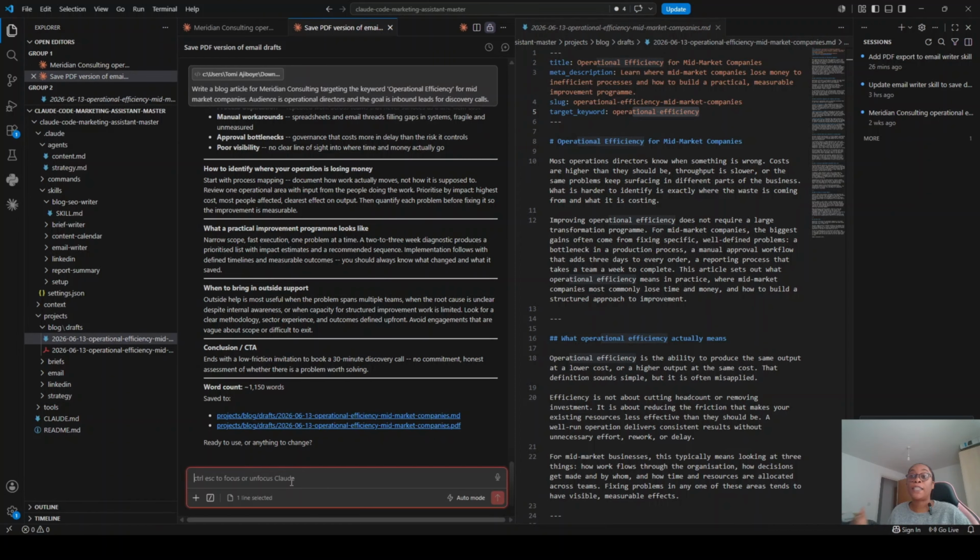So the WordPress publisher is the next skill that we are going to create, and it uses a WordPress REST API. It works on a self-hosted WordPress site, and it works on your WordPress.com business plan. No plugin needed. WordPress has a REST API right out of the box. So if your website is a WordPress website, just go and get it from your WordPress